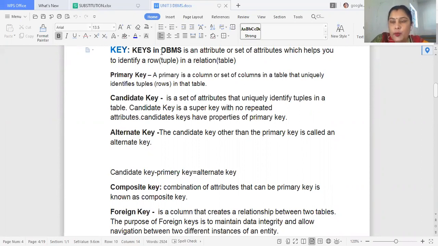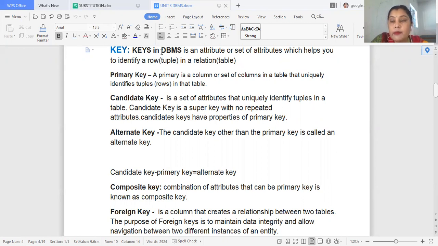Through key, we can identify the row in a relation. There are so many keys in a table. As we have already discussed, a table is known as a relation in DBMS, and we can make the relationship between two or more than two tables.